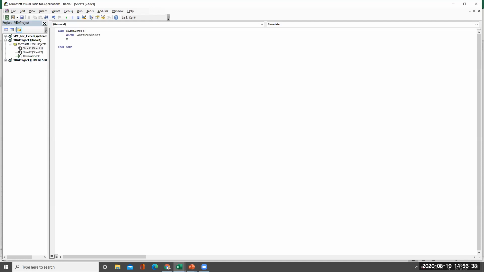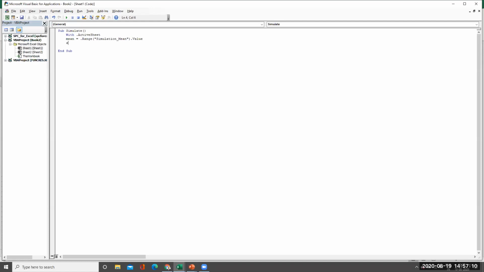And mean is equal to, I'll define mean is equal to dot. Dot is an important point required. So Range, we are going to say the range, maybe one cell or many cells. Range, we know the name of that, simulation underscore mean, right? Close, dot Value. Mean is equal to: we will go to that range, take that cell and take that value.